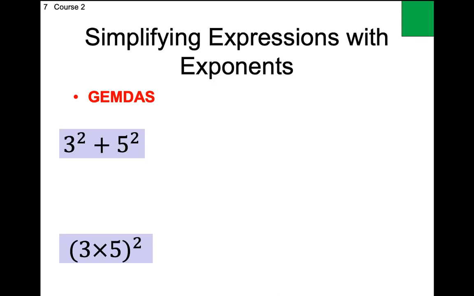Amber, you got the first one done yet? Yeah. All right, walk me through the first one. Go. Three to the power 2 is 9. 3 times 3 is 9. It's 25. Therefore, the answer is